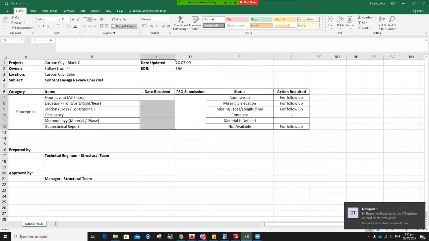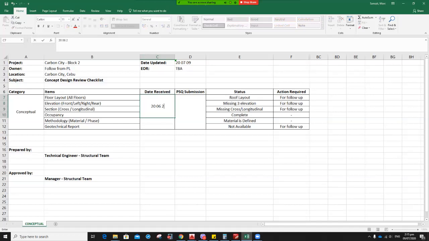Then unmerge this one because we didn't receive any confirmation regarding the geotechnical report, so only this one. We received this one 2006-26 as defined in the architectural folder, no? The date received of the architectural folder. And then for PSQ submission, we cannot define initially. We will just say to be announced